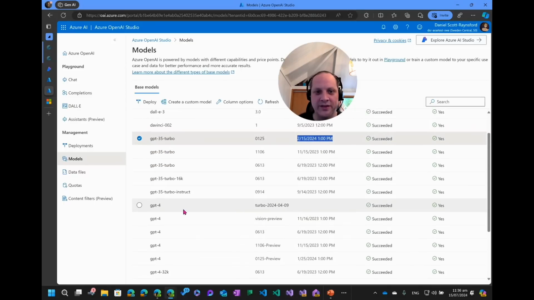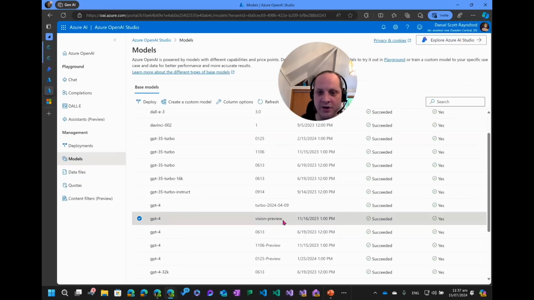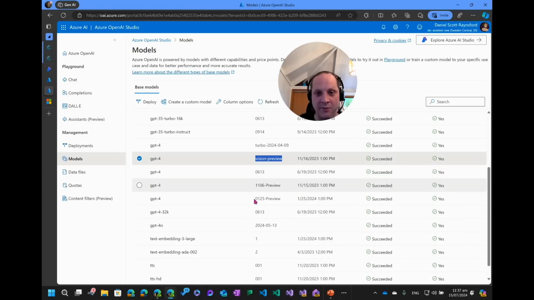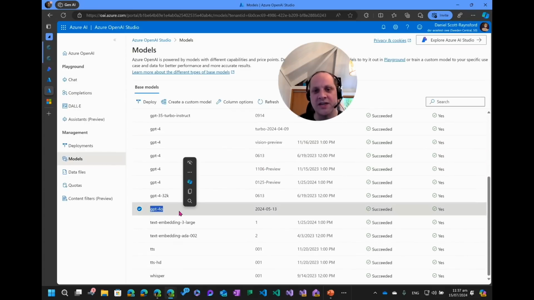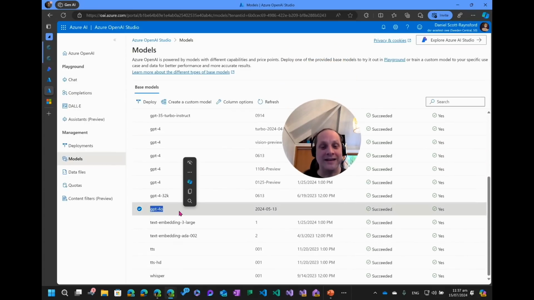We can also see things like GPT-4 Turbo. There are some specific ones around Instruct. We won't go into too much detail there. They are a special model that is trained to follow instructions as opposed to being a chat type model. We mentioned the vision preview. That is a multimodal vision model. We have a number of other preview models, and GPT-4o, which is probably the most capable of all the models. In fact, it is the most capable of all the models. We only have one version of that, and that was trained